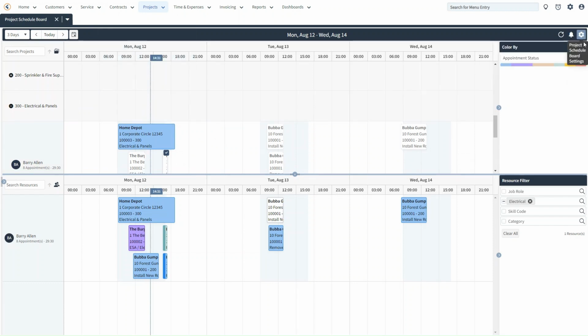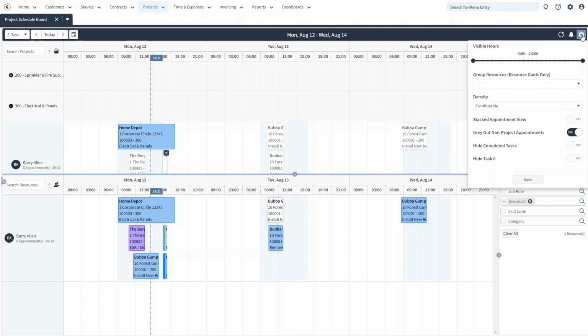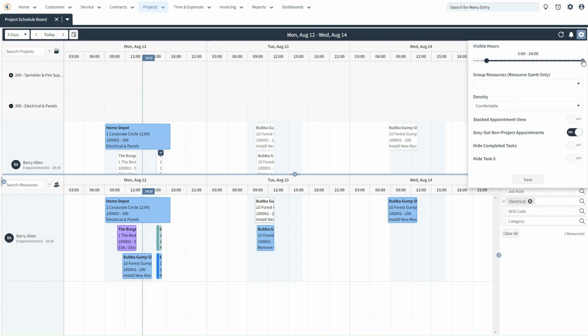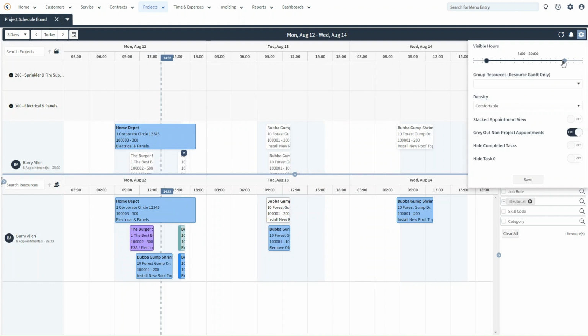Immediately to the right of that, we have the project schedule board settings. From here, there are several settings that you can control. You have the visible business hours, which you can change by sliding these endpoints here. You also have the group resources by, which allows you to group your resources by the job role, the territory, or the skill group. We have the tile density, which we talked about a little bit at the beginning of